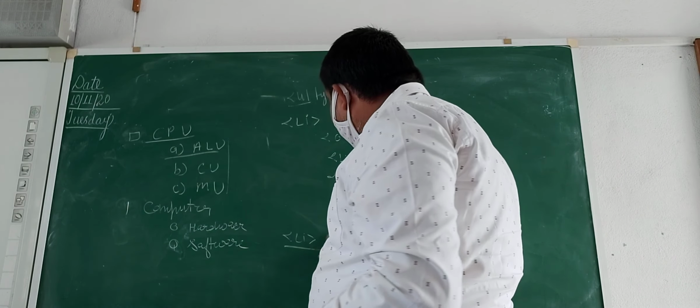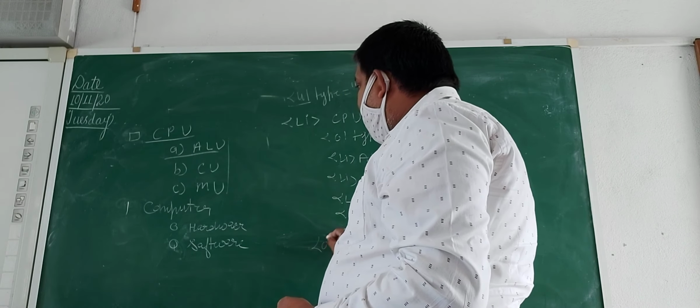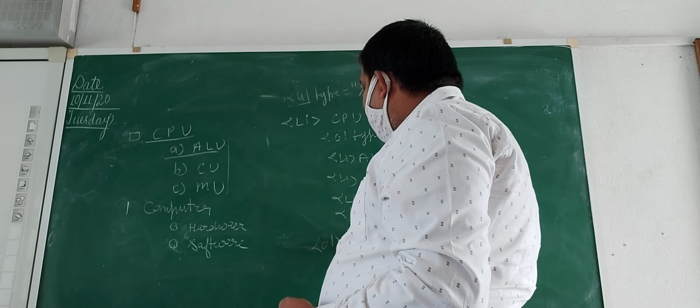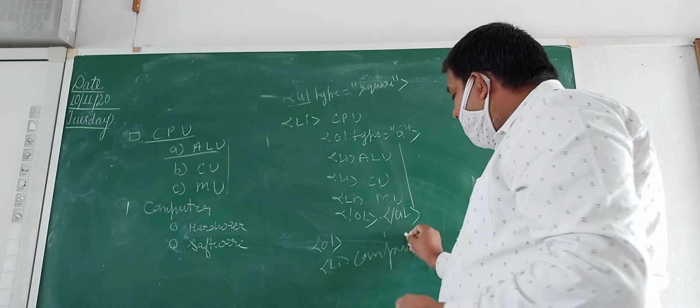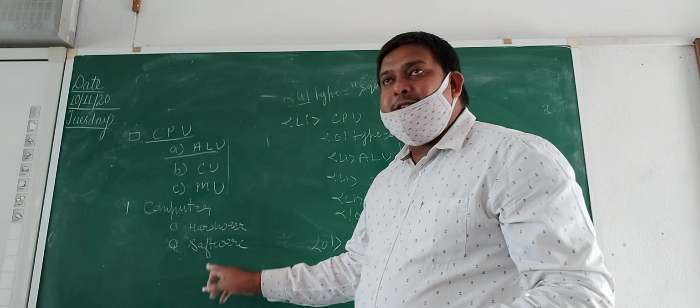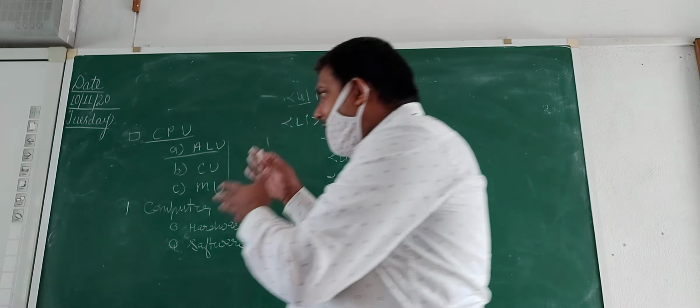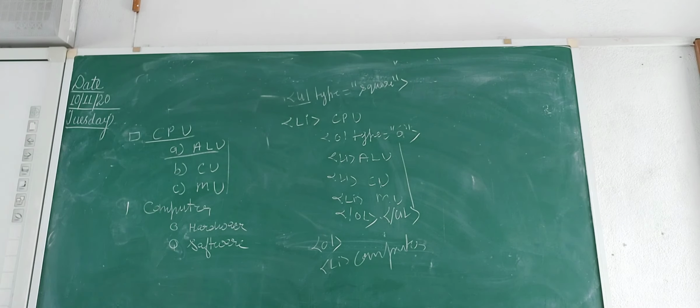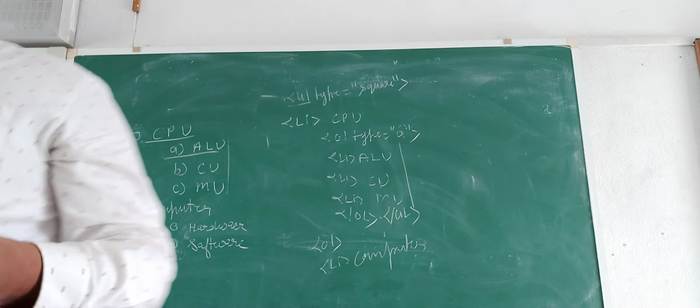And then here I will not write only Li. I will start with OL, and then Li computer, and then I will follow with the UL. But you will not get such type of structures. Clear? When we are talking about the sub list. Clear? So all the lists are in one order, and the sub list may be seen in some different order, maybe ordered or maybe unordered. Like that, open the exercise in your book.